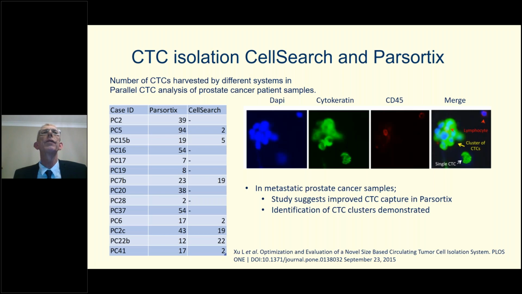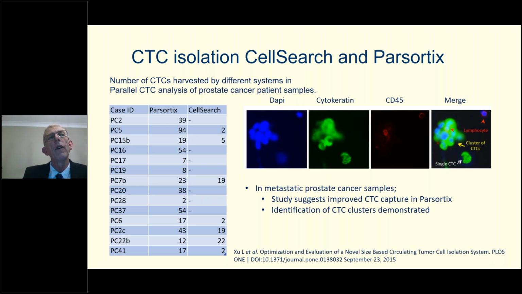So coming back to looking at CTC isolation in CellSearch and Parsortix, again looking at some prostate cancer patients. This is one example of a paper that was published a few years back by Xu et al. in PLOS One. And we can see that in a number of prostate cancer patients, the number of circulating tumor cells that were retained and captured seems to be significantly higher than what we've seen with CellSearch. So this rather more gentle